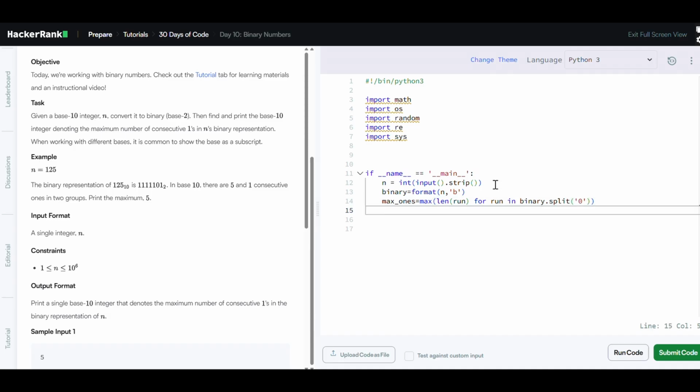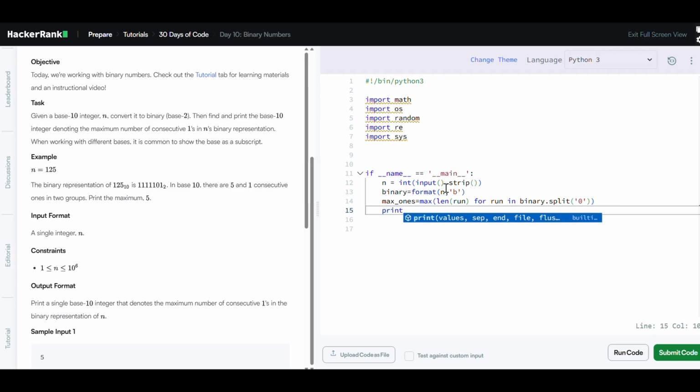Here split will act when you get a 0 in between. It will remove that 0, like it will reset to 1 again. It will remove that and it will only take the ones there, and then it will calculate the max length,